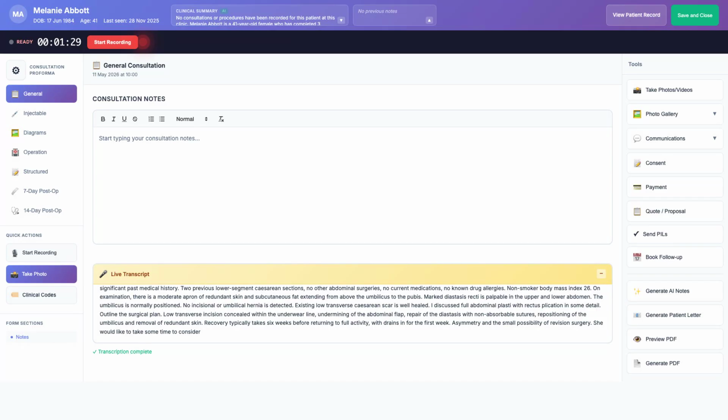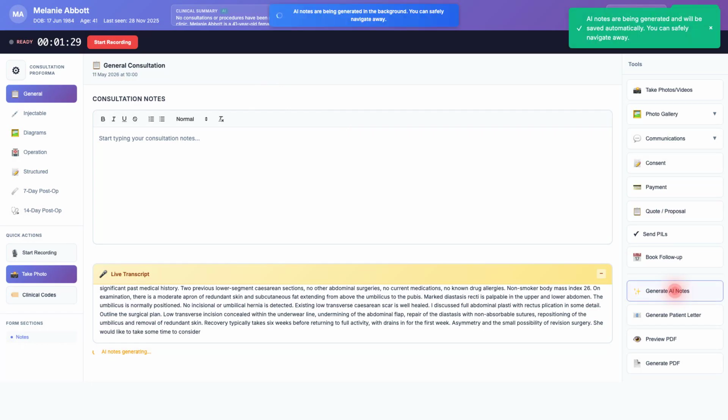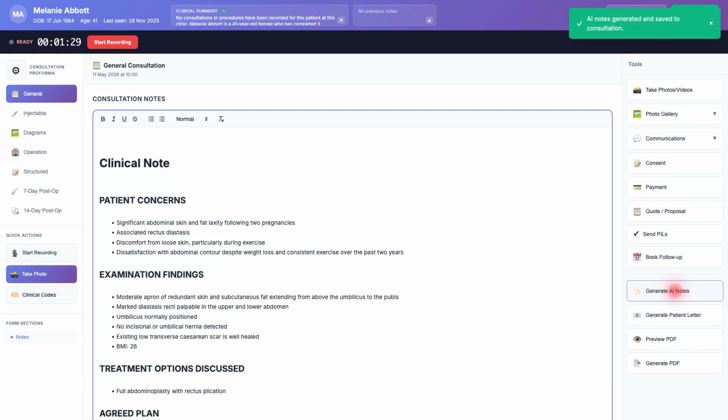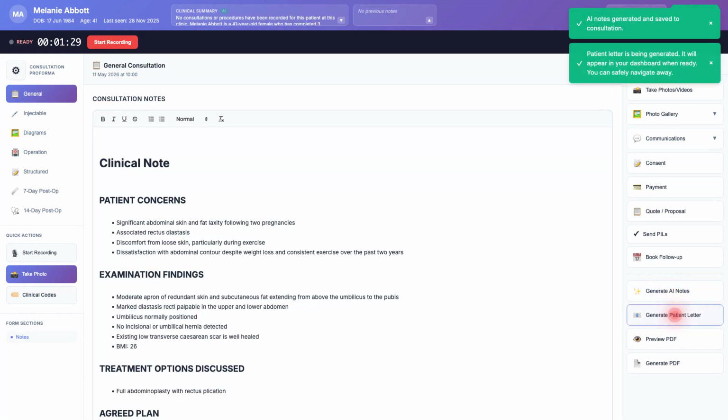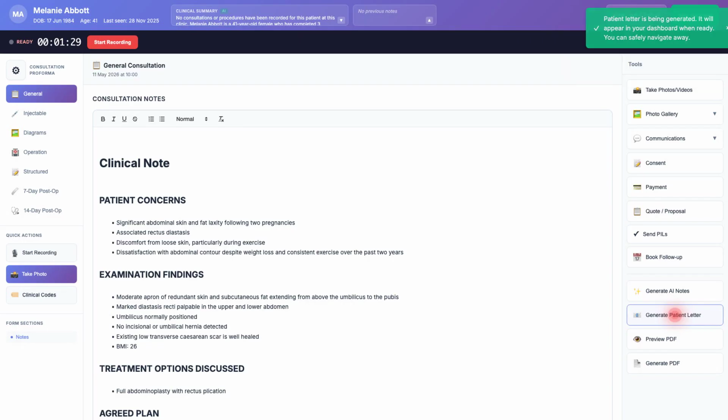Once the transcript's ready, click Generate AI Notes. Velastria uses Claude to produce structured clinical notes from your dictation, including a summary, examination findings, and a plan. It usually takes 10 to 30 seconds. The result appears in the editor automatically when ready. Generate Patient Letter is a fire and forget. Velastria writes a polished letter to the patient summarizing the consultation in your house style and saves it to their